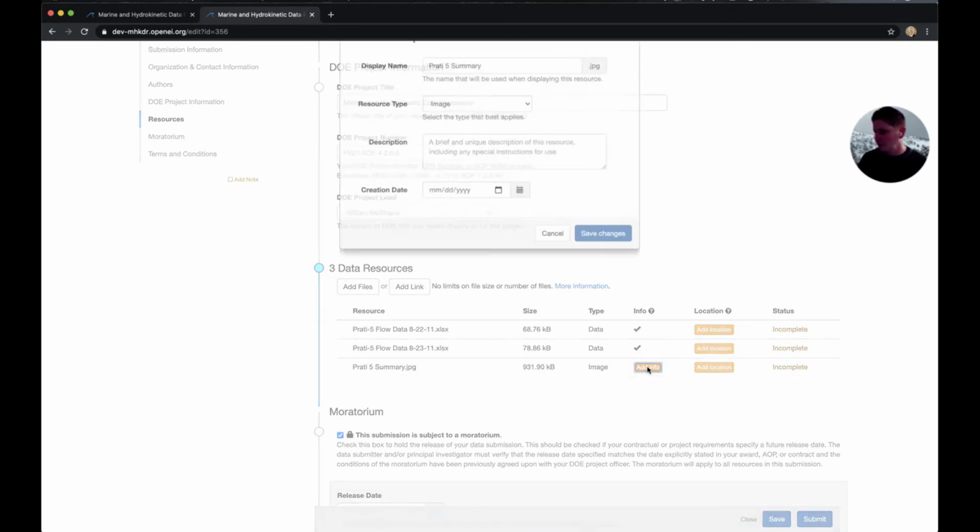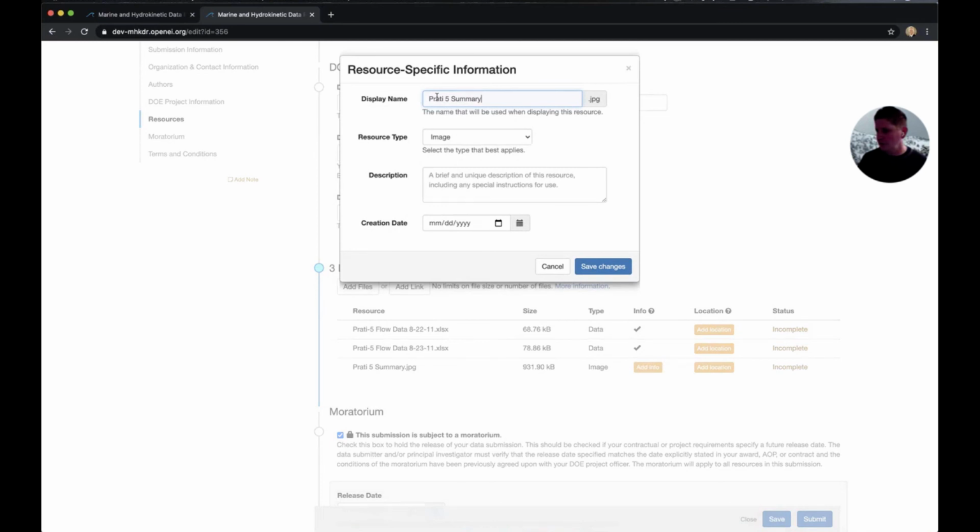Okay. In this particular instance, we uploaded a summary document as a JPEG. And so it's pre-filtered as much of the options as it could, but there are a lot of different things an image file could be. It could be a scanned document, as it is in this case, or a chart or a map or a diagram, etc. And so I'll say this is a scanned copy of the final report